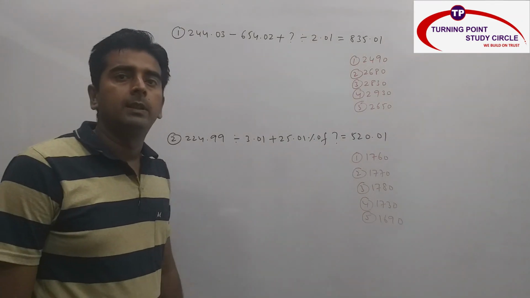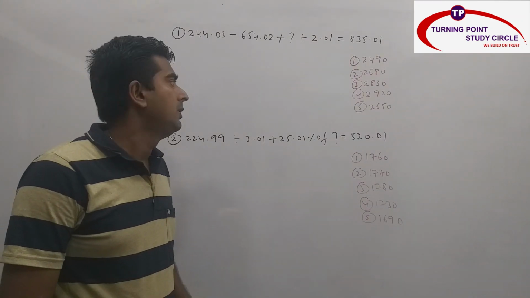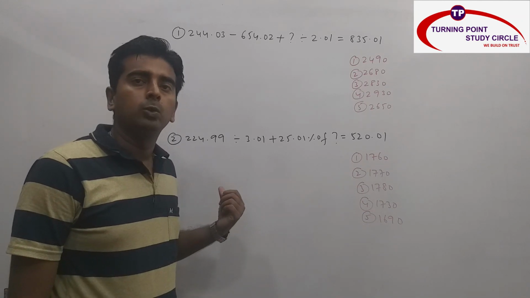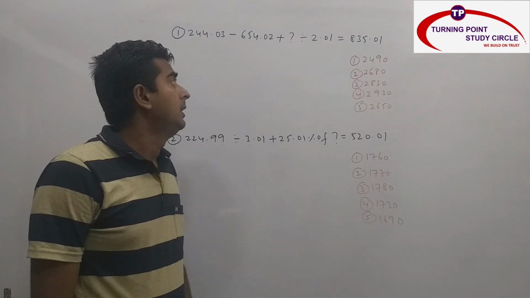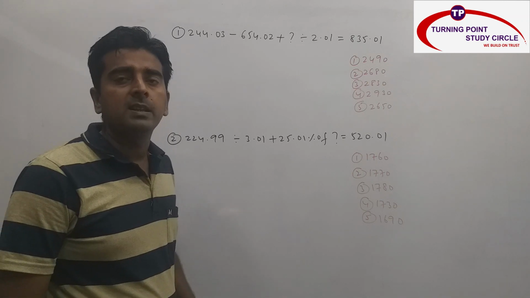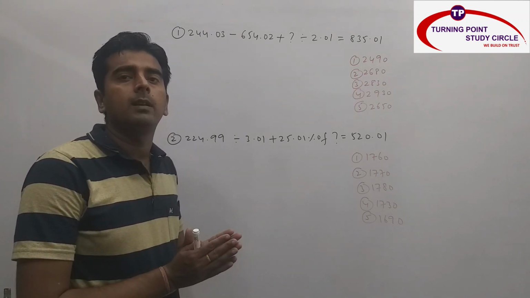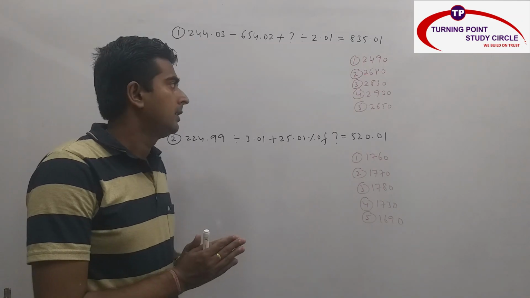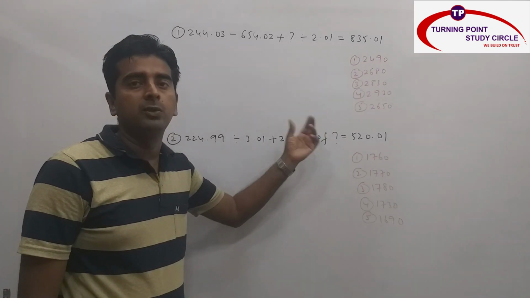So I hope you are clear with quality questions. Now we will see some of the approximation questions which they have asked in SBI PO 2020 prelims level examination. So you know very well approximation is nothing but you need to calculate approximate value, not exact value, just like simplification. So depending upon the options also, you have to choose your option, right?